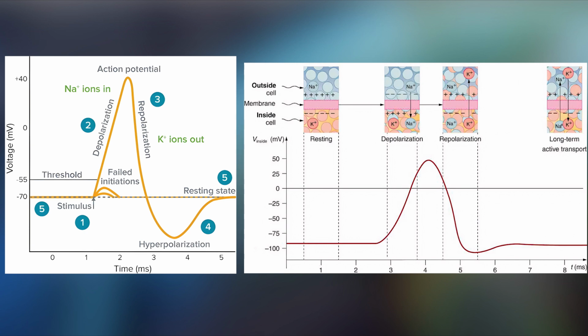When this positive 40 millivolt level is reached, the sodium ion channel closes and becomes temporarily inactivated. This is called the refractory period, which means it's incapable of opening again for some period of time. It's quite a short period of time, in milliseconds, I think. During this short refractory period, it's not possible for the sodium ion channels to open up again, regardless of the level of stimulation they receive. So you could pump up the level of depolarization to plus 5,000 millivolts, and still the sodium ion channels wouldn't